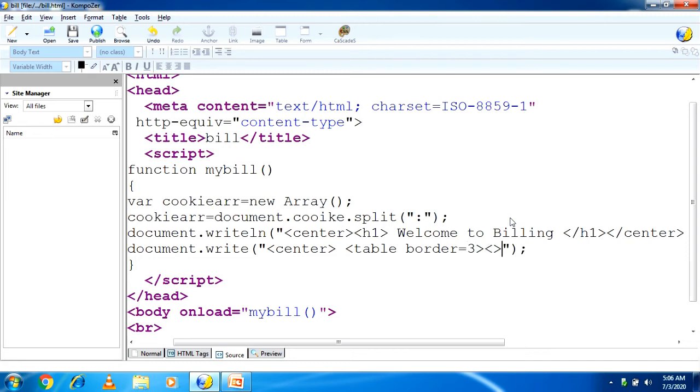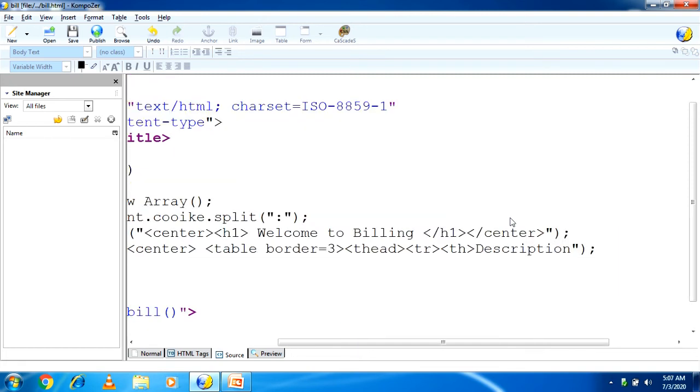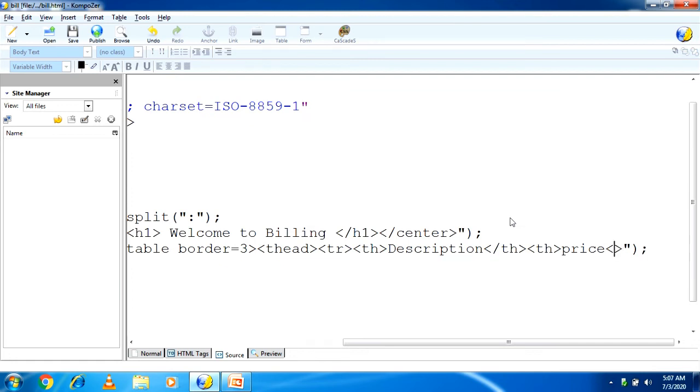After that, the table heading. For the table heading you write thead, and there you first open TR, table row, then TH, table heading, and here you write description. Okay, so the first table heading is completed, so I close it. Now the second table heading is TH price, so I'm writing TH price here.